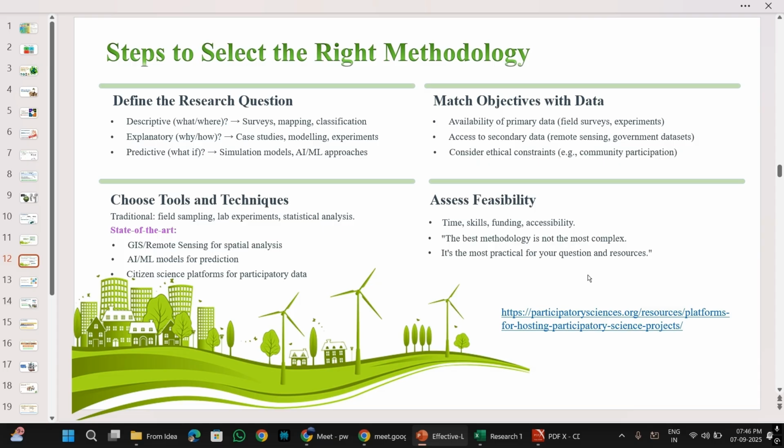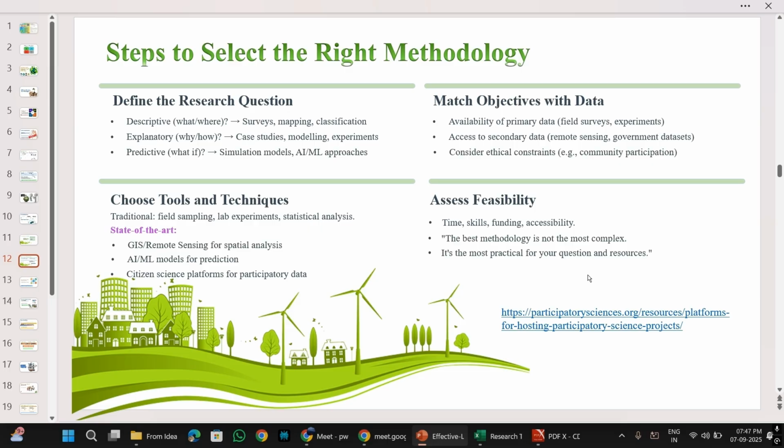So there are these platforms where the government itself, or individuals themselves, put out a survey that anybody can go and address, and then that data is made available for researchers, no matter what corner of the world you lie in. So if you find some such data coming from such participatory platforms that is relevant to your study, then why not, you can go ahead and use it. There are such platforms coming up as well, right?